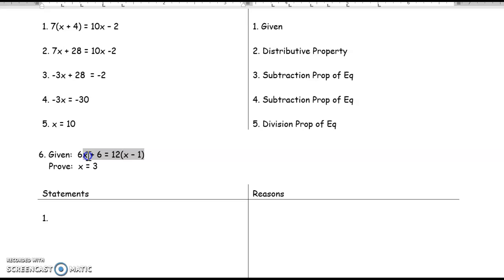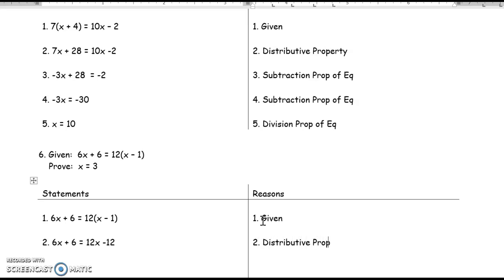Okay? Our last one that we're going to go through, 6x plus 6 equals 12 times x minus 1. There's our given. Statement 2, I'd want to distribute, right? 6x plus 6 equals 12x minus 12. Okay? Then maybe I could add 12. If I added 12 to both sides, I'd end up with 6x plus 18 equals 12x. That's what happens when I added. All right? Very good. That option would be addition